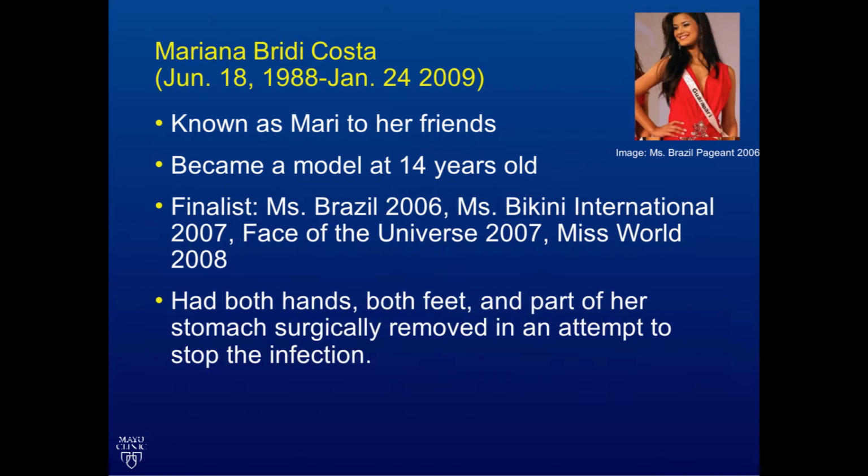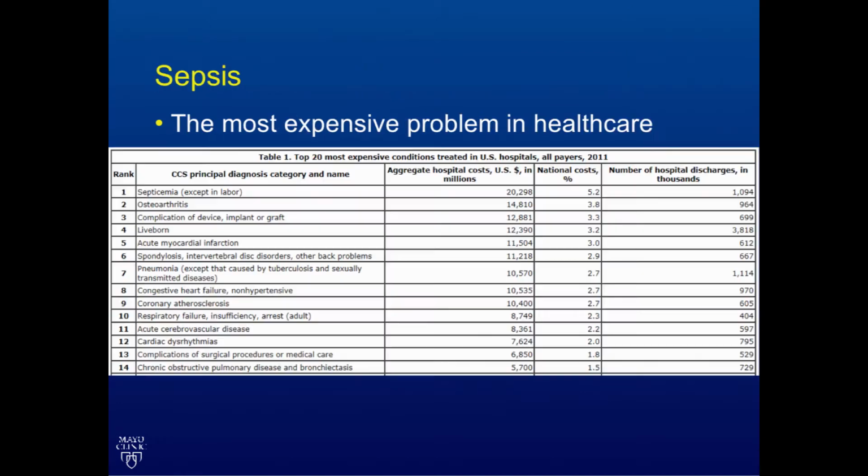And during her hospital course, surgeons removed both her hands, both her feet, and half of her stomach to try to stop the necrotizing infection as it consumed her body. As a follow-up, this turned out to be a pseudomonal infection, and every time they gave an antibiotic, they didn't double cover, and it became more and more resistant, and ended up killing her. So why do we care?